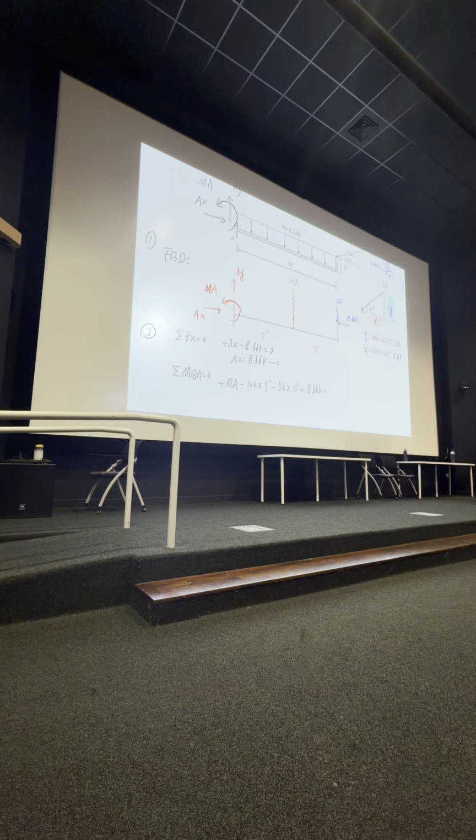Is it 3 or 10? Yeah, 3, right? Because whenever we talk about distance, we consider the perpendicular distance. Perpendicular means that two lines have to form a 90 degree. So this is your force. Which line can form a 90 degree with that line? It's definitely this line, right? So multiply by 3 feet